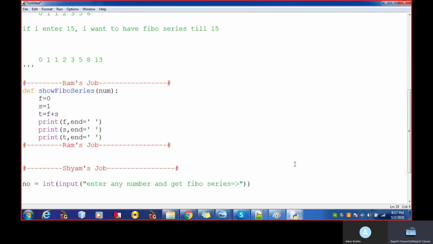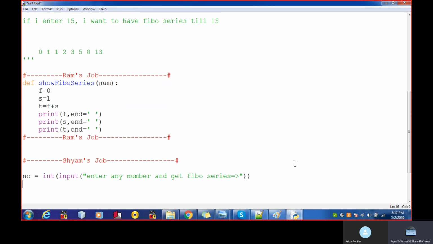Sham doesn't know how to make the Fibonacci series, so obviously he will take help from Ram, and Ram will suggest there is a function by the name of show Fibo series. Just call that function and pass the number. Here I'm going inside Ram's job.